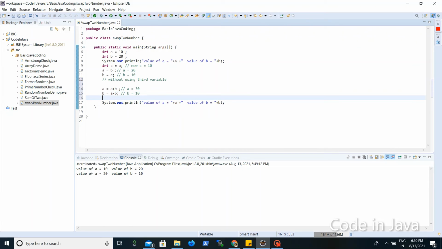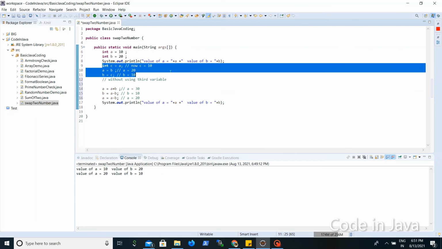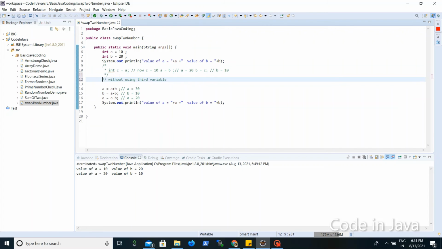Now we will assign a is equal to a minus b. a is 30, and 30 minus 10 will be 20. So this is the simple way. You just have to use this logic to get your work done.